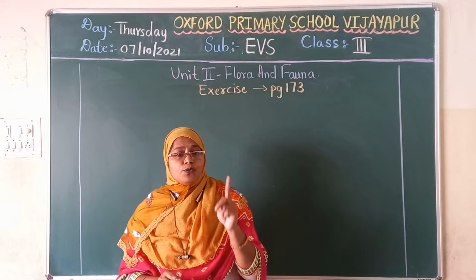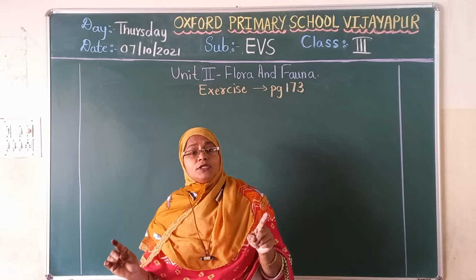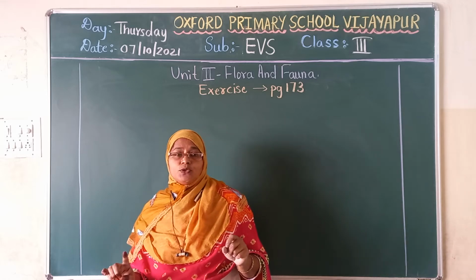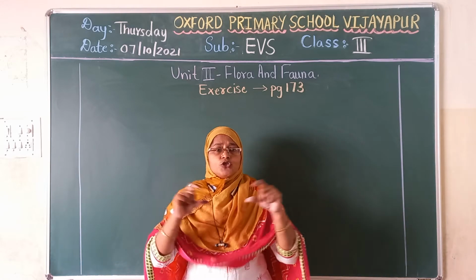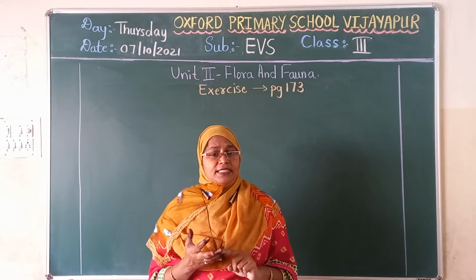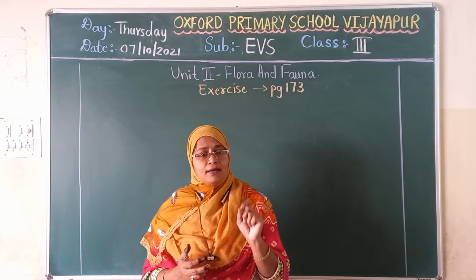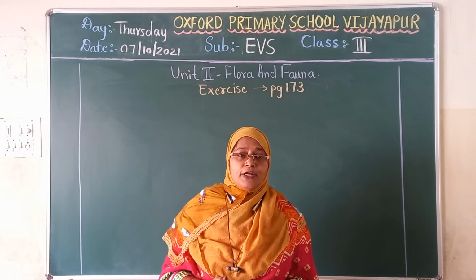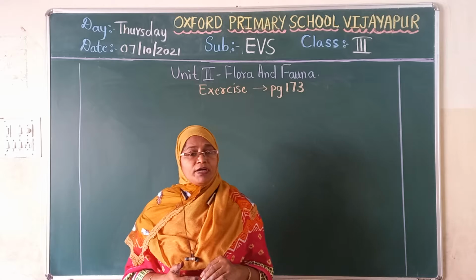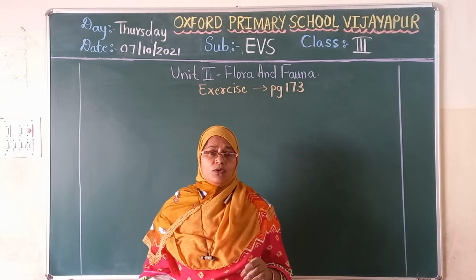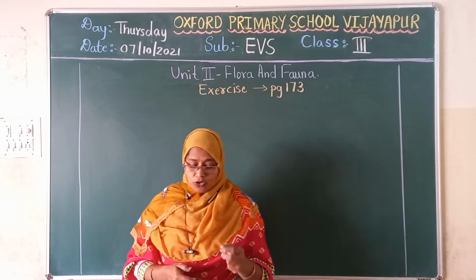And as I told you, the first point should be opposite to the second point, and so on, so all should come equally. Many of you did the first one correctly, but made little mistakes in the second and third. So once again I will send you that question number 2, distinguish between. Write it or correct it. Okay. Now let us move to question number 3.